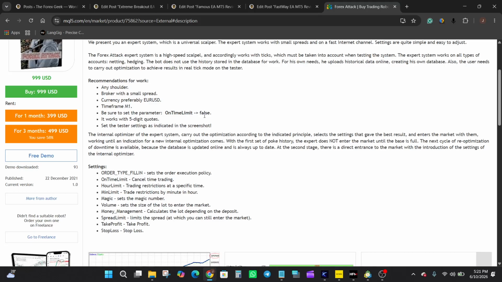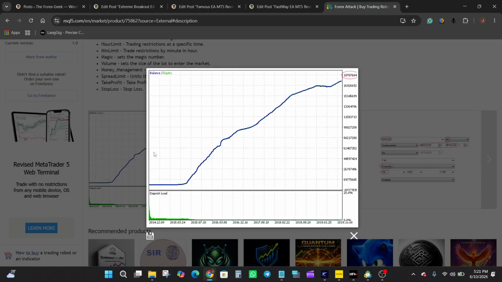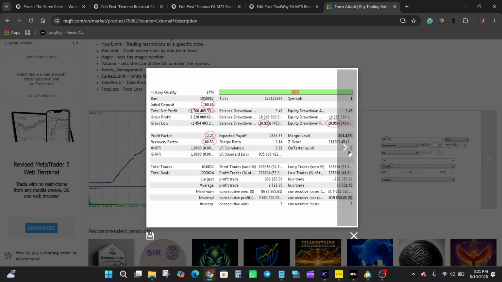Now, moving into the backtesting section, I'm focusing on how this EA behaves under historical tick-based conditions, since that is a key part of its design. Let us start by looking at the information provided here. This seems to be an interesting balance and equity curve. From an initial deposit of $100, we are seeing a total net profit of about $1.7 million, and total trades we are over 60. Wow, this is